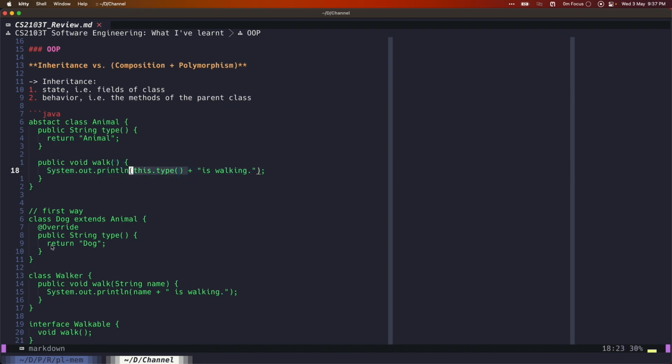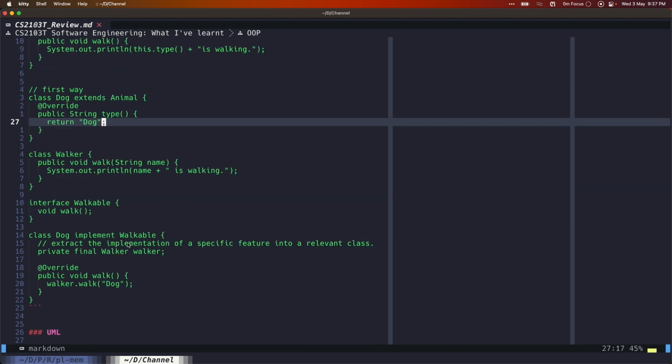And we have a child class called Dog that overrides this type method, then provides "dog". Therefore, in the parent class in work, we have "dog is working".